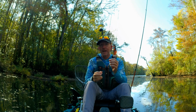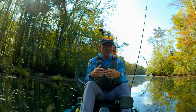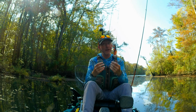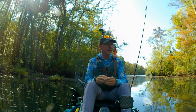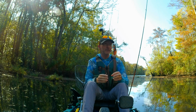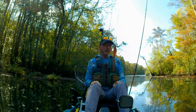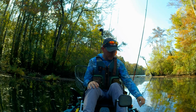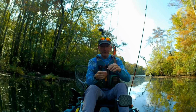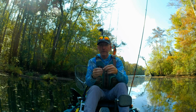But it does a couple of things. One, I've noticed that I've not been getting the bluegill bites and that kind of stuff like I will on a worm when I'm throwing up into that. This doesn't seem to attract that style of fish, so I'm not getting my bait nibbled on by fish that I don't want nibbled. The other thing is that, and I don't know if it's because of the added weight, or if it's just the fact that you don't have a moving weight on there like you would with a